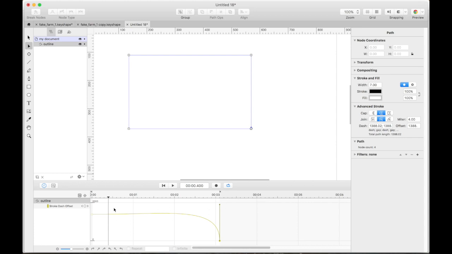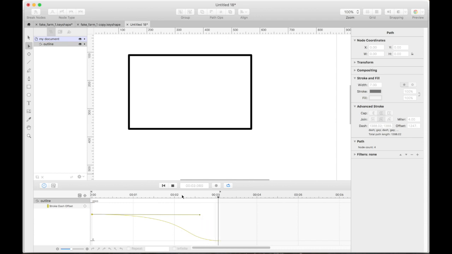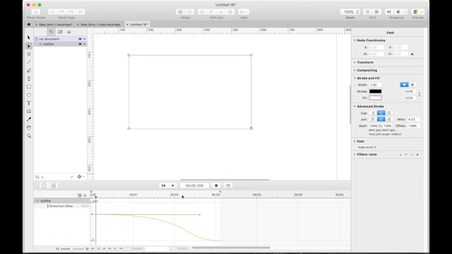So it's nice and even, and then it speeds up. So vertical means it speeds up. So let's see that. So it's going nice and slow, and then boom. It's pretty fast. But you get the idea. So I'm going to move on because we got a lot more stuff to cover. But so there's that. So it goes slow and fast. So you have that option, which helps give it a little bit more life.